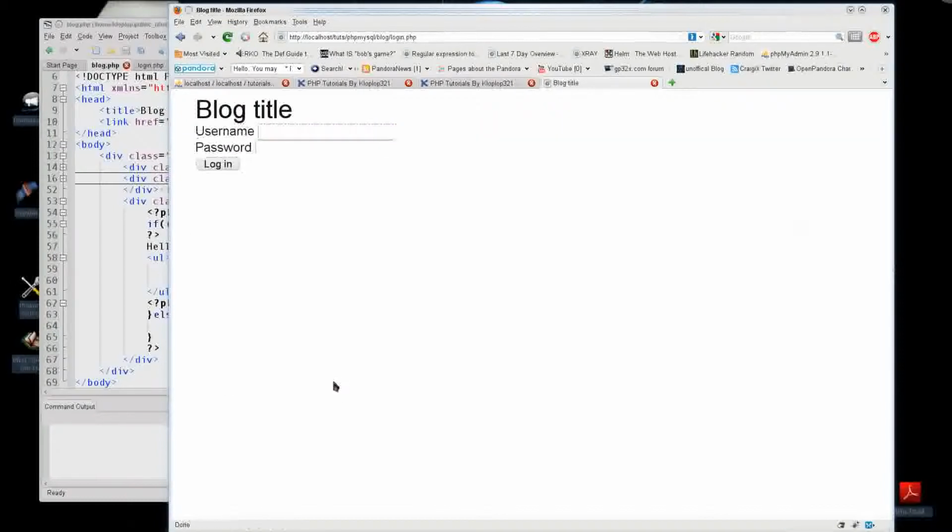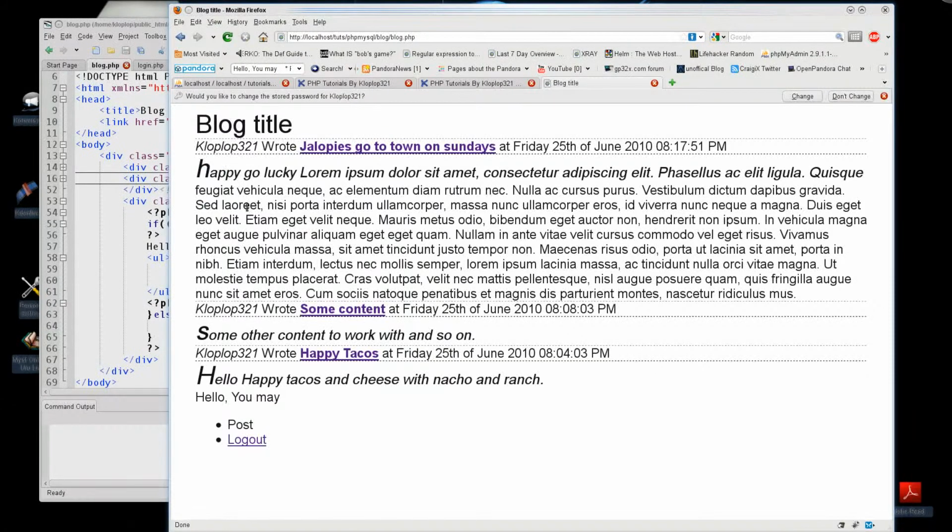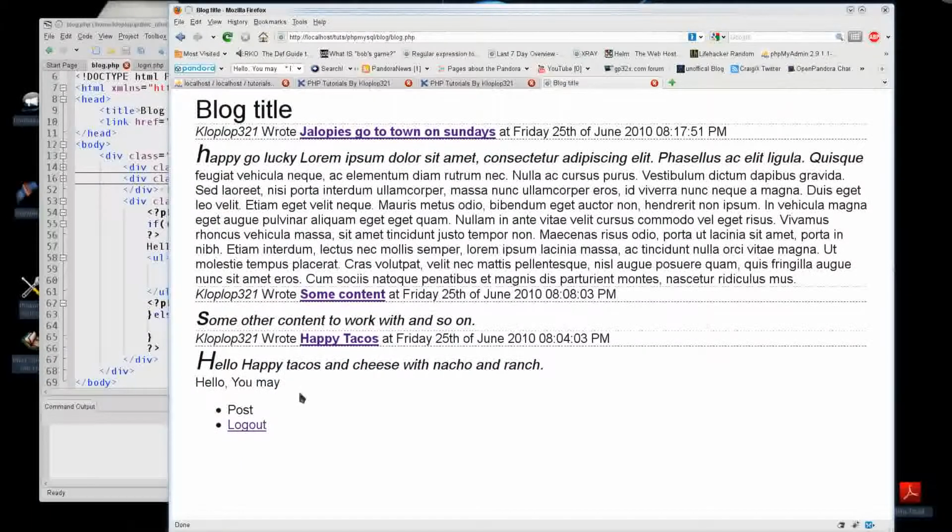So I'm just going to go back here. I'm going to put in my information once more, and it should be password. I don't know if that's the default or not that I do have saved on here, but I'm going to retype it in every time. So I'm going to log in, and as you can see,